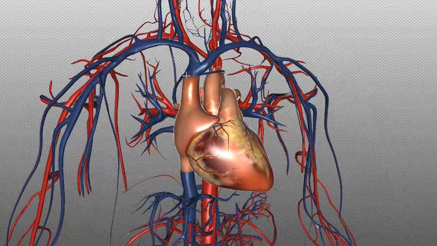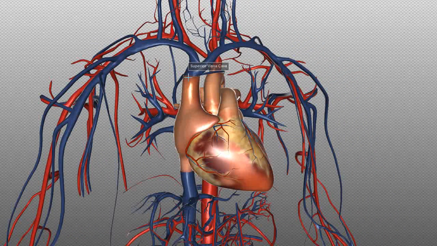So blood is brought to the heart by the Vena Cava. You've got the superior Vena Cava and the inferior Vena Cava. So you've got these veins which drain into the Vena Cava called the brachiocephalic veins. So you've got one on each